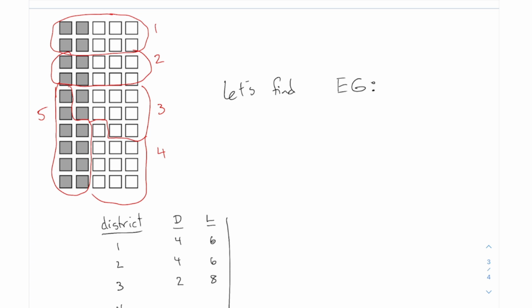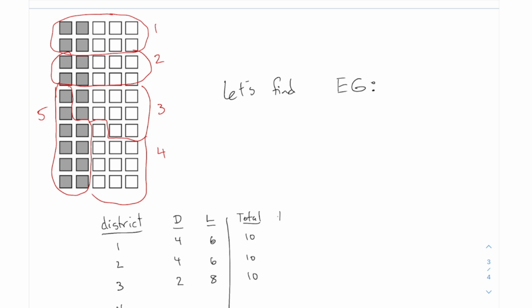Now, the next column I'm going to write is just the total number of voters in each district, which in this example is always 10, because that's how I made this example up. In a more realistic example, these totals might be slightly different from one district to another, but these are the total number of voters in each district. If you like, you could just add the D's plus the L's. You get 10 every time, all right? And then